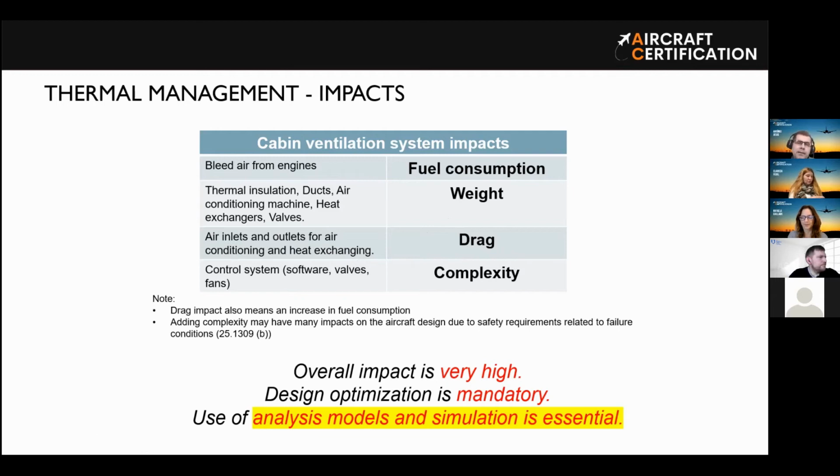So basically, the idea is to say that a system like that causes a lot of impact to the aircraft, and it has to be optimized. So this is the message. It's mandatory, we cannot simply do whatever we want with a system like that, because otherwise the level of impact can be so high that it will be unacceptable to the aircraft, to the operator, to the customer of